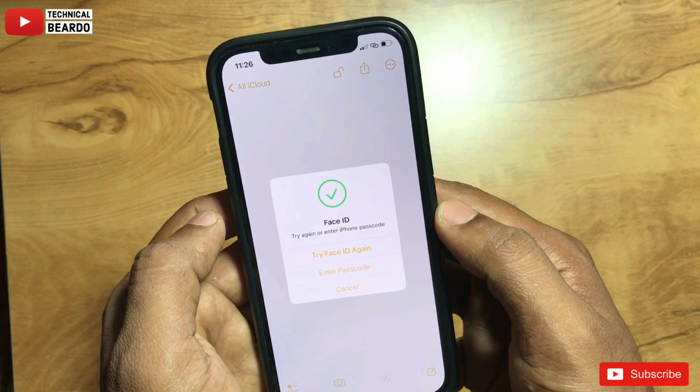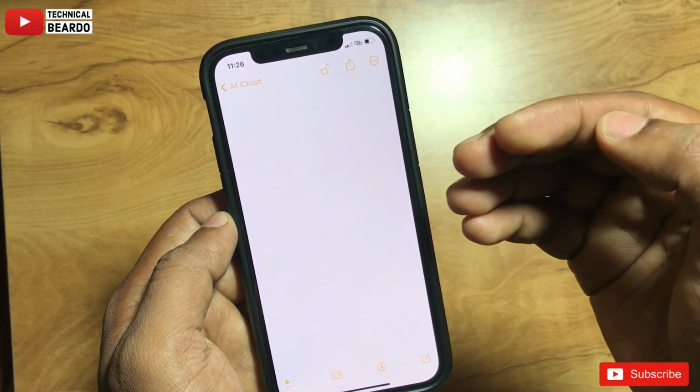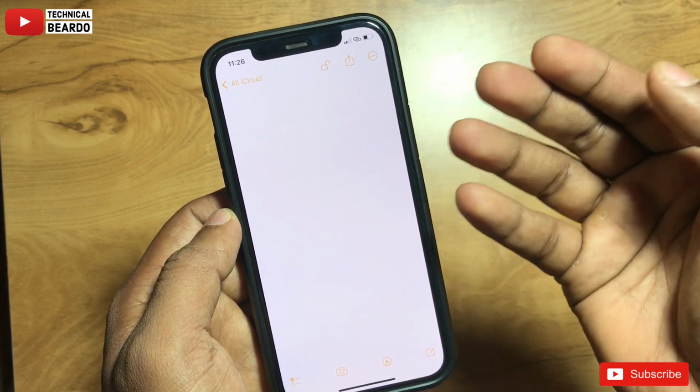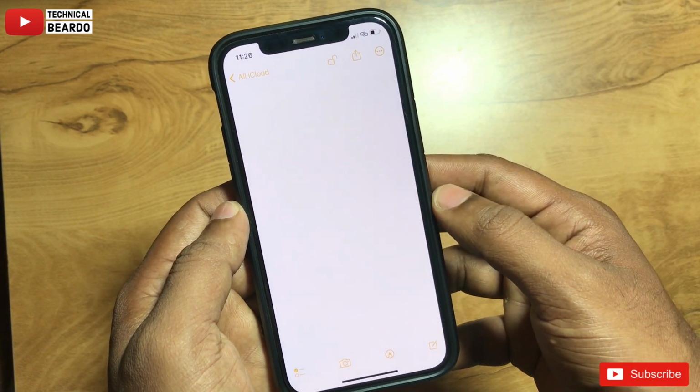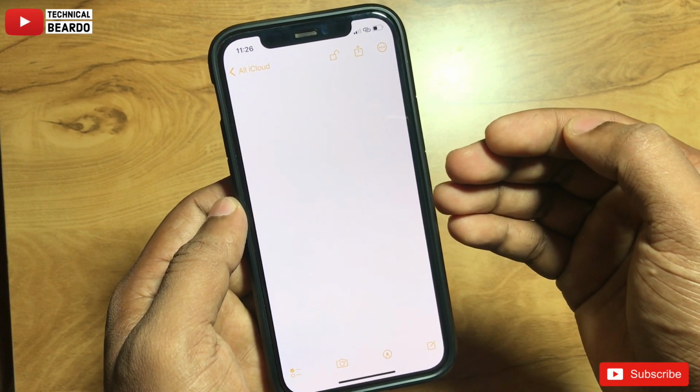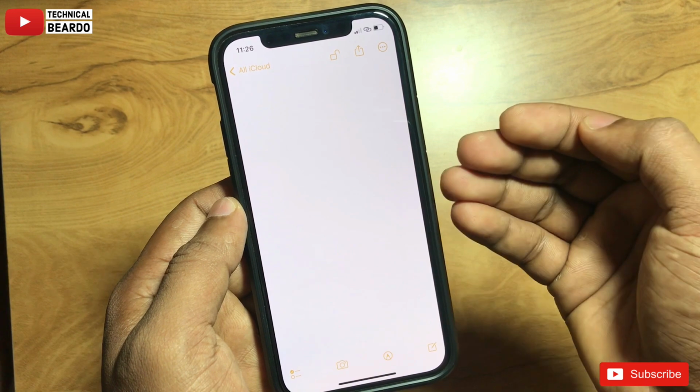Whenever Face ID fails, your device vibrates, right? But here, once your Face ID is accepted or authenticated, you will feel a haptic or a small vibration on your device. It will be an indicator saying that Face ID worked while you are trying to get in. So it's a new setting.